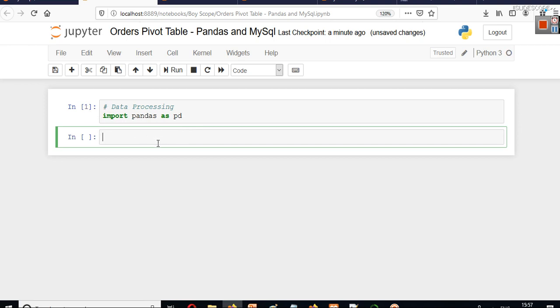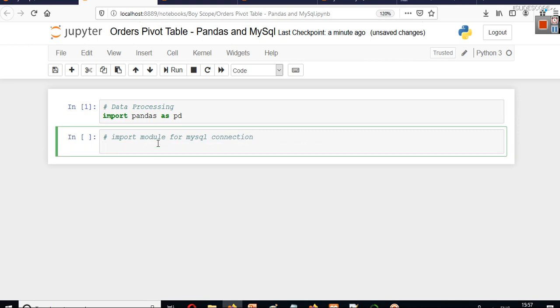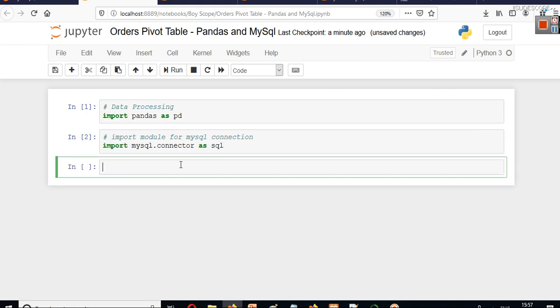The next thing is you have to import a library or module for the MySQL connection, because you have to make a connection between MySQL and pandas. So we will write import mysql.connector as sql, so that the MySQL connection can be made. And now we have to make the db_connection to that particular database.